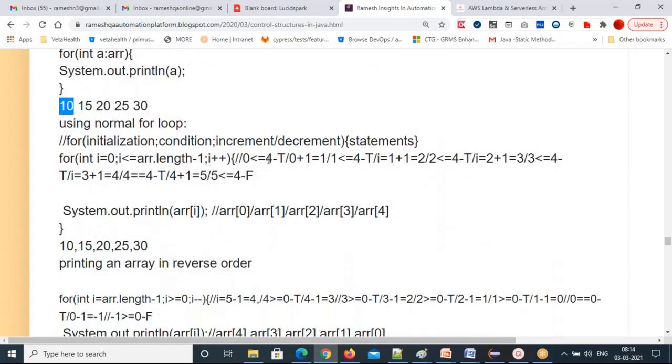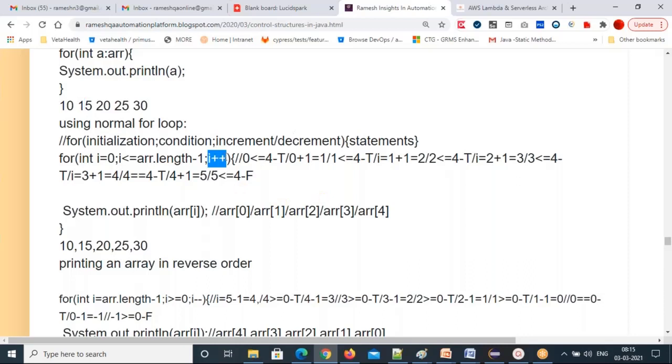Next, I value will update, 0 plus 1, 1. It goes to the condition place. 1 less than or equal to 4, true, comes inside. Array of 1 means the second element, 15 will print.